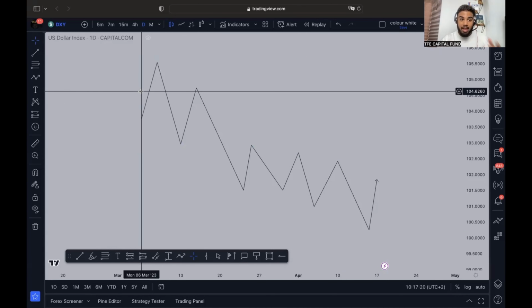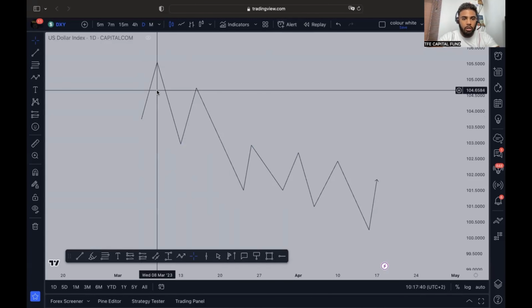So if we look at NASDAQ, what should NASDAQ be doing? NASDAQ should be looking for two months of buying. US30, two months of buying. Gold, two months of buying. EURUSD, two months of buying. GBPUSD, buying. What I'm trying to teach you guys right now is the correlation at the same time.